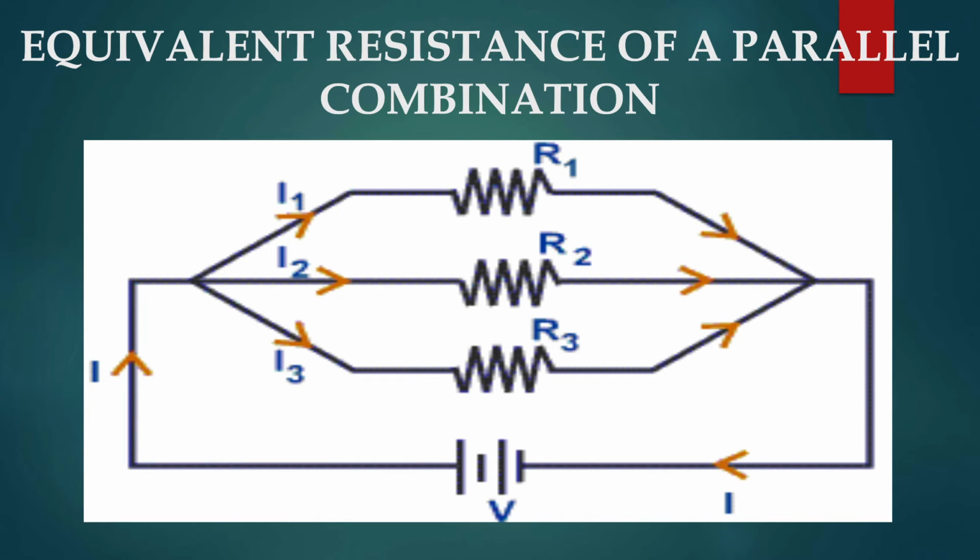This is another way of representing the parallel connection. So R1, R2 and R3 are being connected one below the other. Here also you can see the current flowing from this particular point is getting divided into I1, I2 and I3. And when it enters this particular junction, again the sum of the currents will be the same and it comes out as I only.